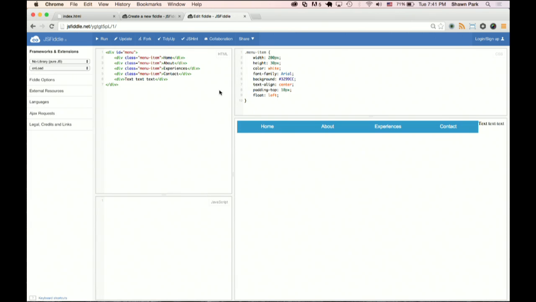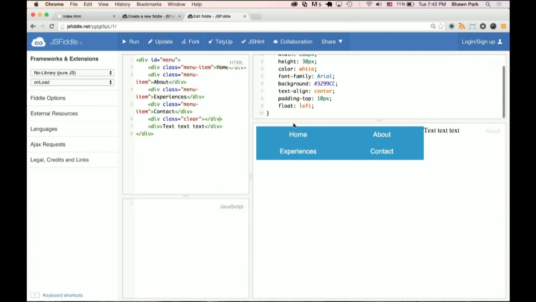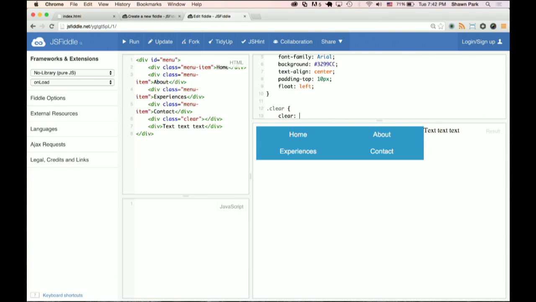So what you really have to do, and I think what's best practice, and I'll zoom in on this, is you have to make a div clear. And I like to make this a class because we're going to use this pretty frequently. If you clear this element, then the only thing this class needs to have is something called clear both.